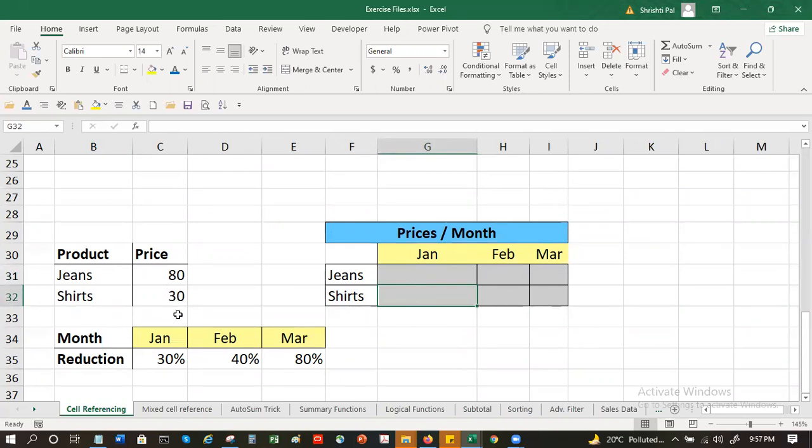So 30% means 9, 30 minus 9, this should be 21. And ideally, after doing this, just drag this. Don't do it individually, because if you have a large sheet with a large number of values, you can't be doing it one cell at a time, right? Yes.